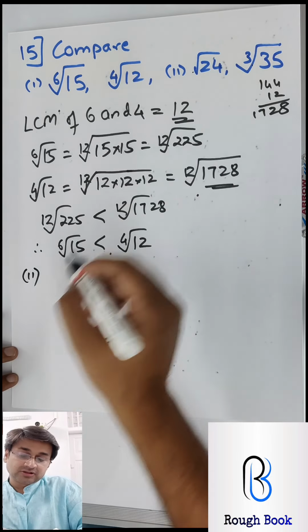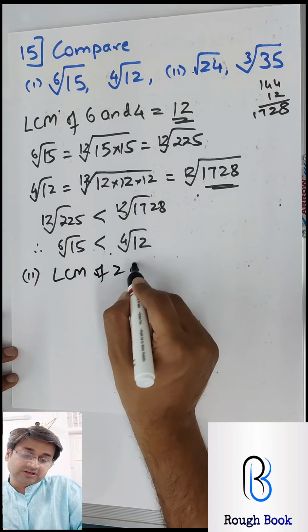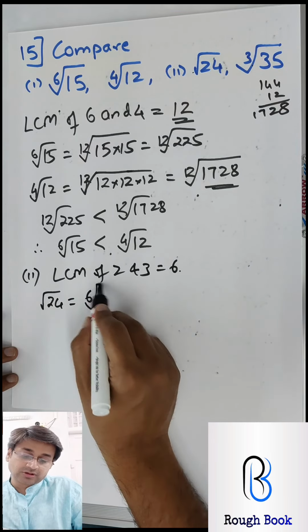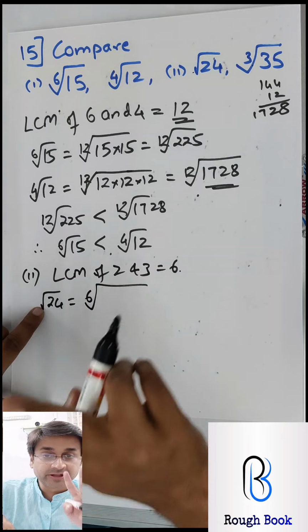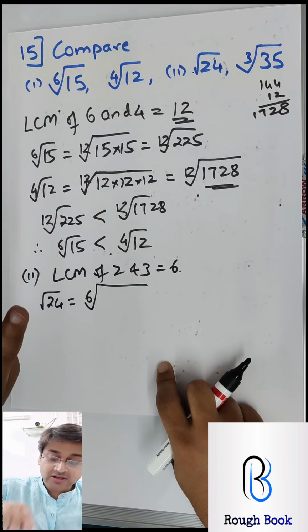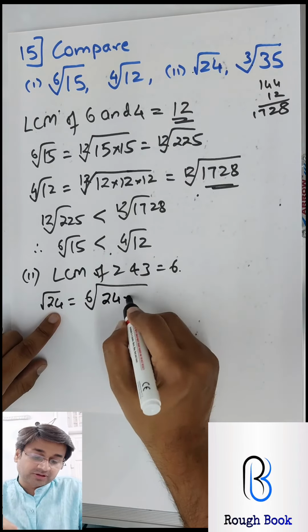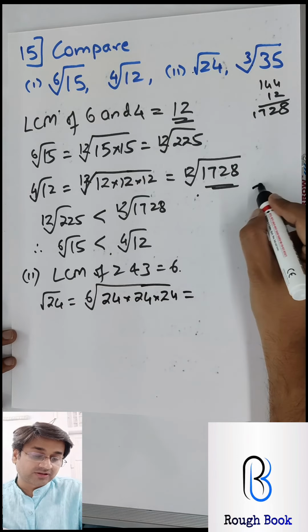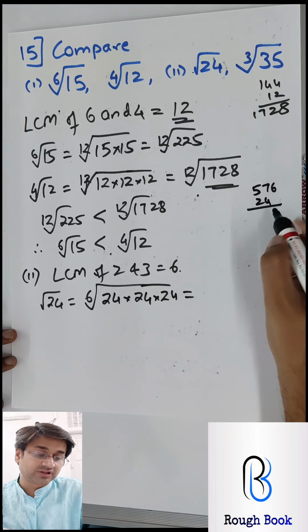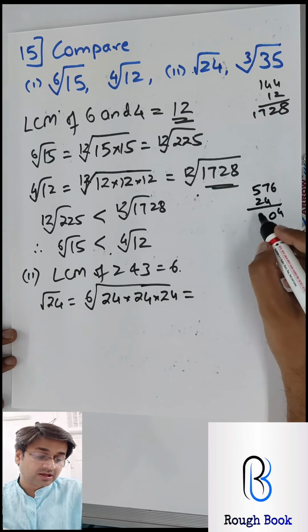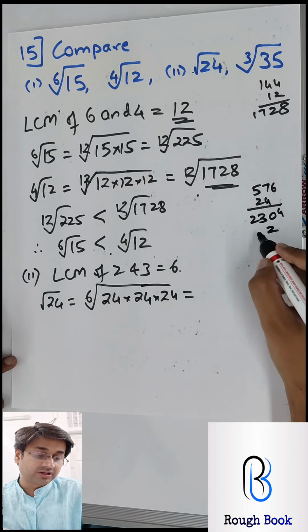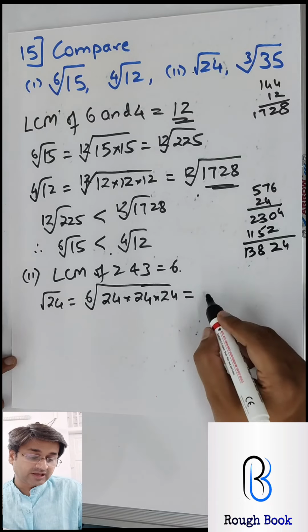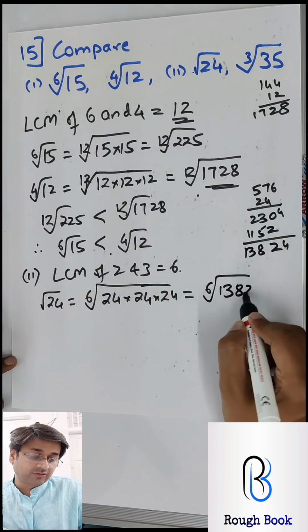So again 2 and 3. The LCM of 2 and 3 is equal to 6. So root 24, 6 root. This is 2 over here. Square root means 2, so 2 written 3 times. So 24 also we are going to write 3 times. Lots to multiply. So 24 square is 576 into another 24. 6 4s are 24, 28, 30, 23. 6 2s are 12, 14, 15, 10 and 1, 11. So 4, 2, 8, 3, 1. So I get 6 root 13824.